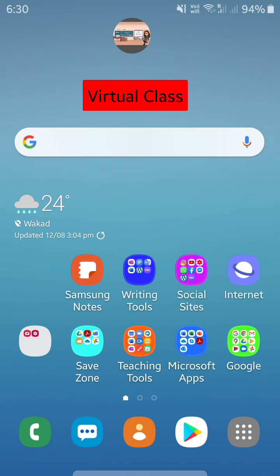Today I am going to show you how to use your mobile phone as a learning gadget, how you can organize your mobile phone for your learning purposes. Let's get started. Now first look at the screen. As you can see, I have organized it in a way. Here in the top you can see the logo I have created, and below that, virtual class, and there are